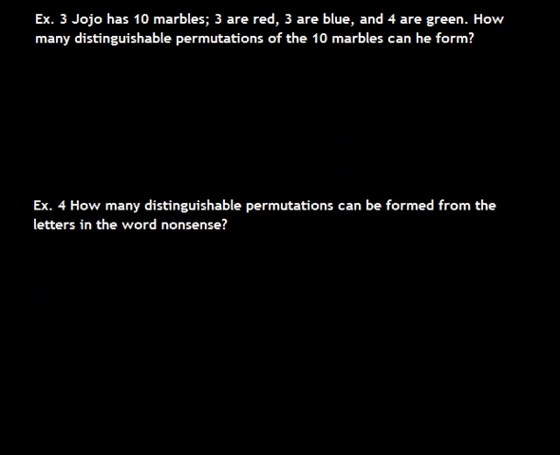So JoJo has 10 marbles, 3 are red, 3 are blue, and 4 are green. So how many marbles do we have? We have 6 plus 4, so that would be 10 factorial. We have repeating. We have 3 red, 3 blue, and 4 green. You could either straight out do this on your calculator, or you could do it like we did before,